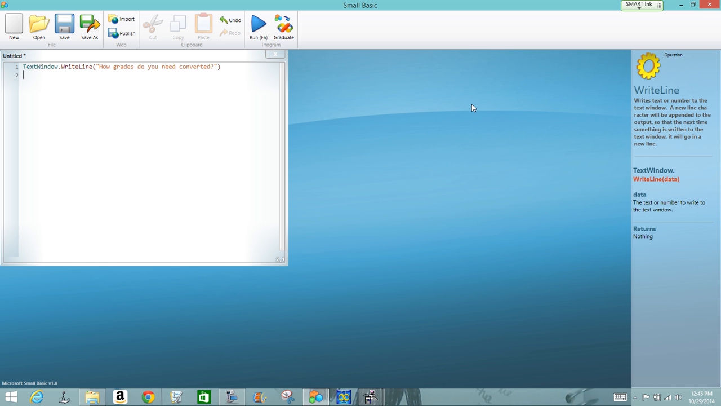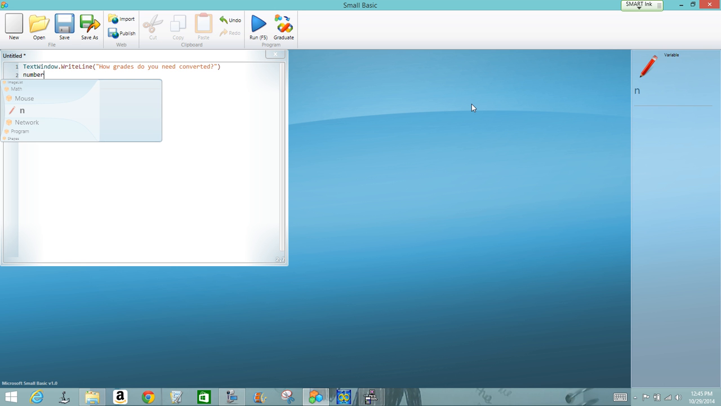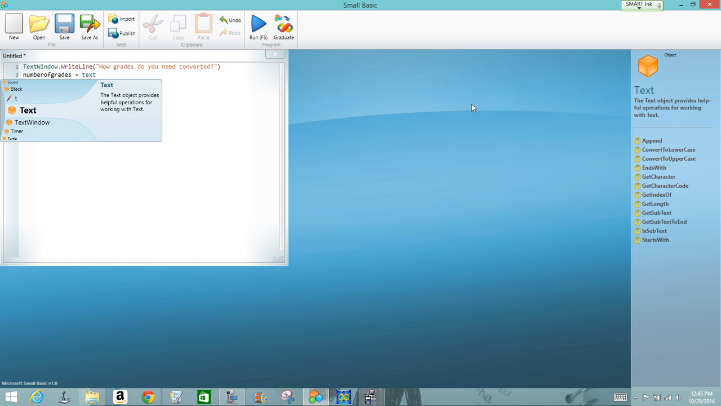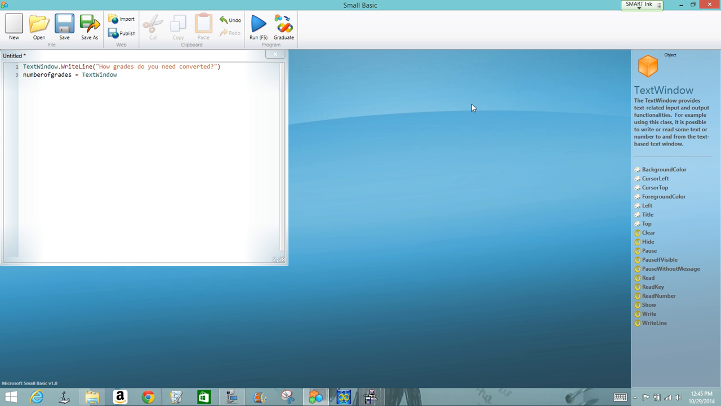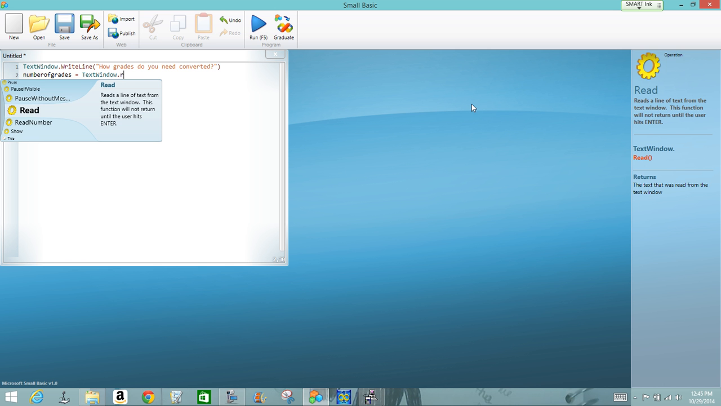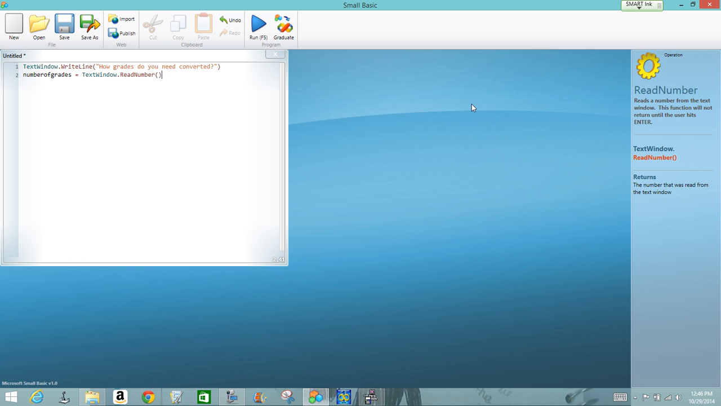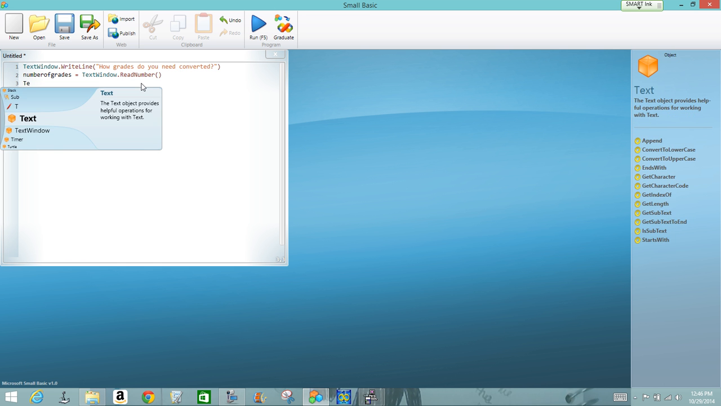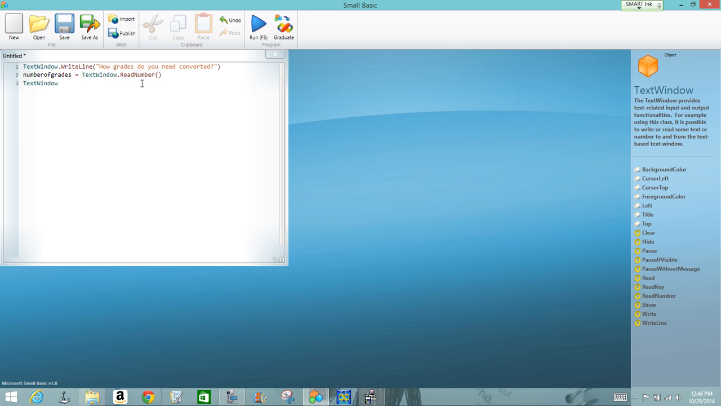So in the next line I'm going to say number of grades equals, and then we say text window dot read. Now I want them to enter in a number value. Now what that does is it will ask me how many grades I have. Now to double check and make sure that my program is working properly, I'm going to say text window dot write line